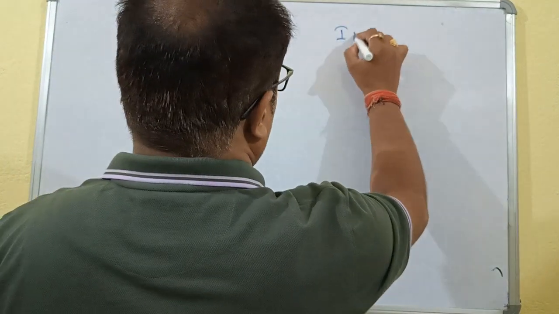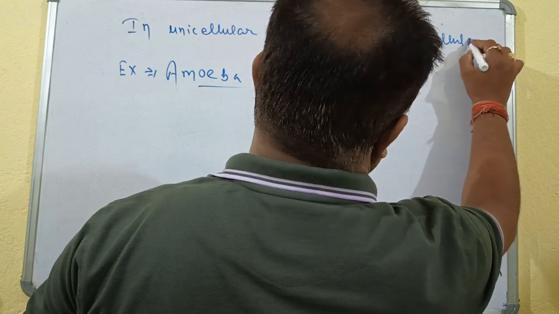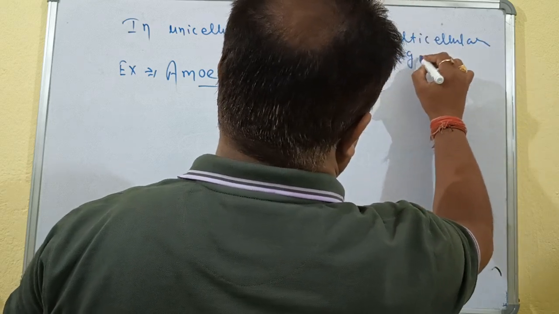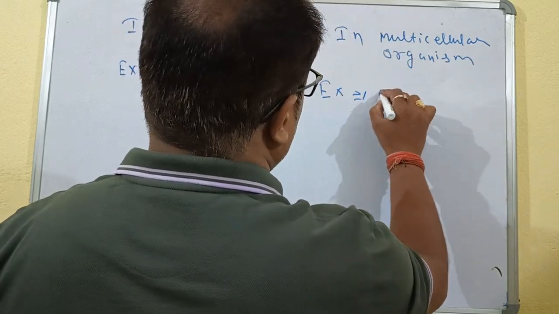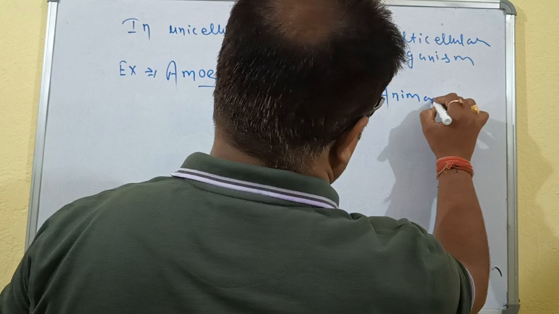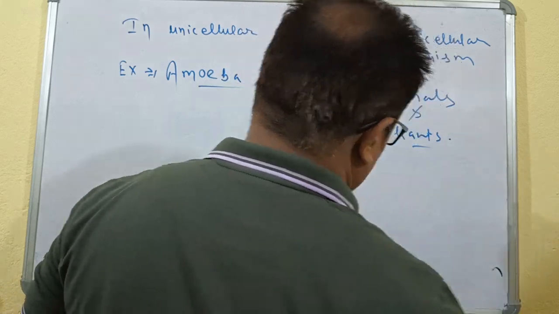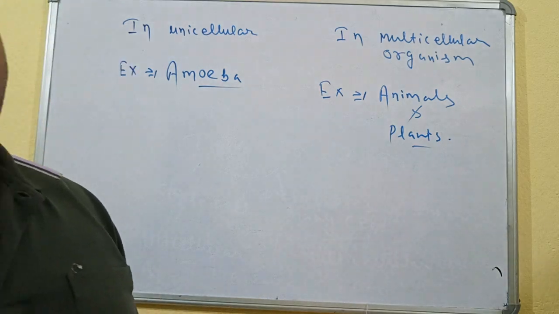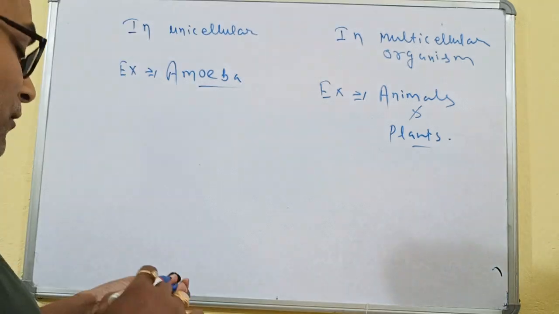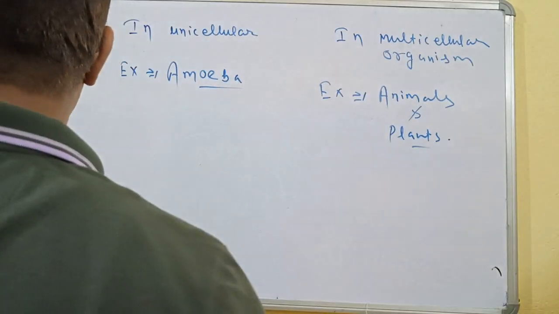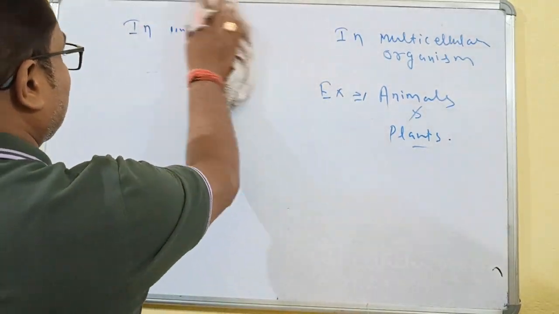In multicellular organisms, examples are animals and plants. Means in multicellular organisms, examples are animals and plants. For unicellular organisms, an example is amoeba. Okay, now